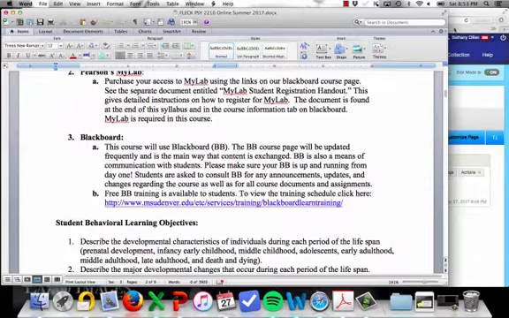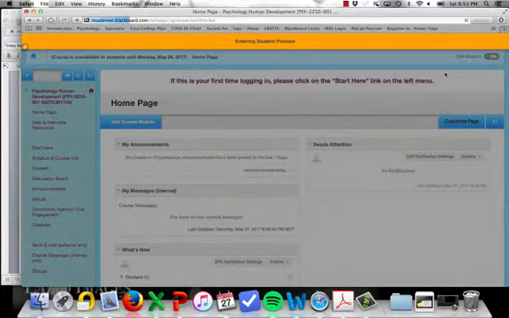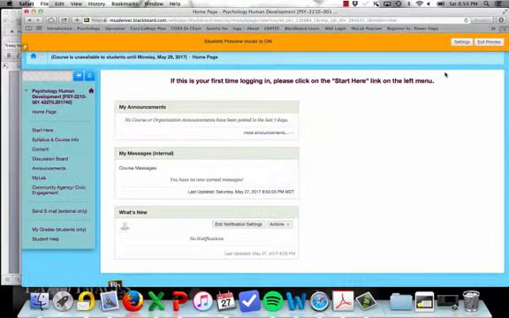We're going to go back and forth to our Blackboard course as I walk through the syllabus. That way you can see where everything is. And actually, I'm going to turn on the student preview so that the screen that you see will be the exact same screen that appears here.